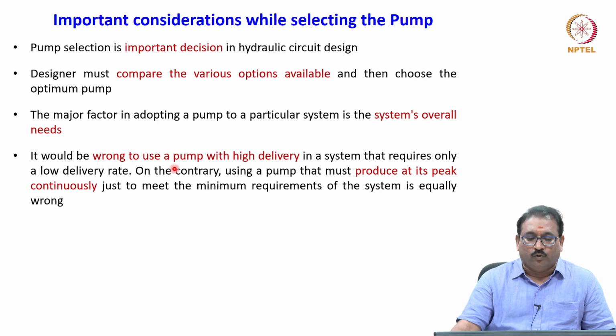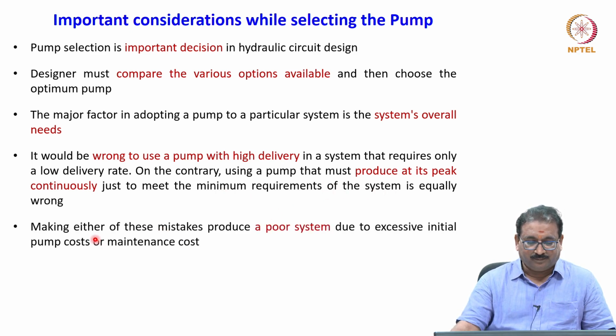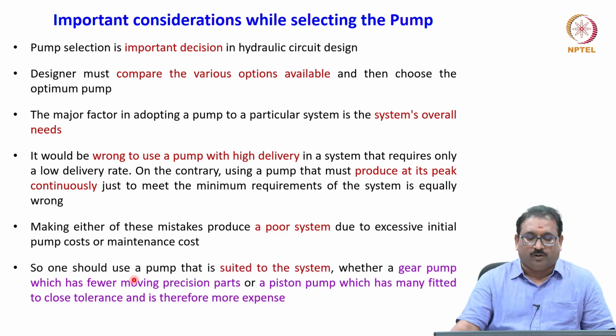It would be wrong to use a pump with high delivery in a system that requires only a low delivery rate. On the contrary, using a pump that must produce at its peak continuously just to meet the minimum requirement of the system is equally wrong. Making either of these mistakes produces a poor system due to excessive initial pump cost or maintenance cost. So, one should be very careful while selecting the pumps,